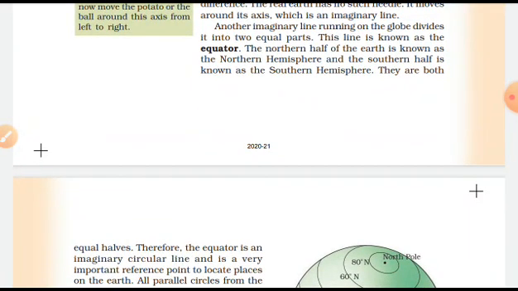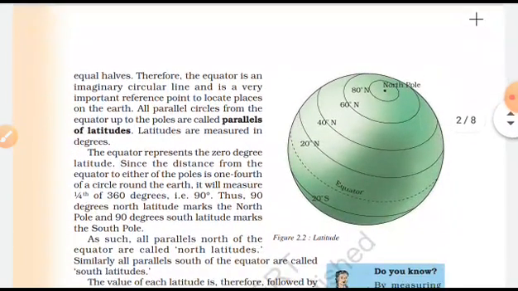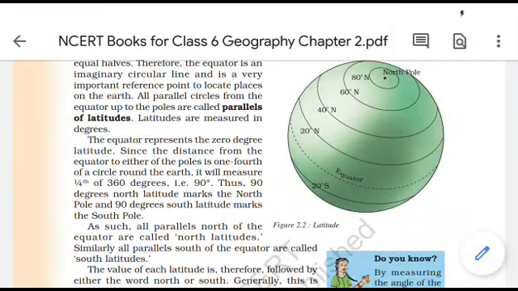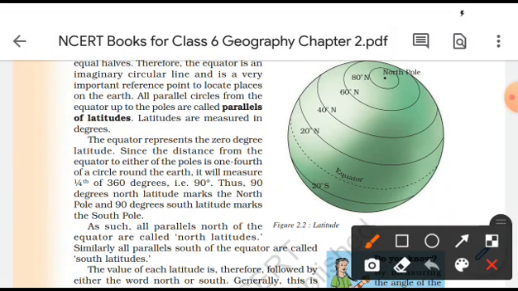So here comes the line which is imaginary. Another imaginary line running on the globe divided into two equal parts. This line is known as the equator. So here is the equator. This is the equator, and this is the equator, and over there this is your